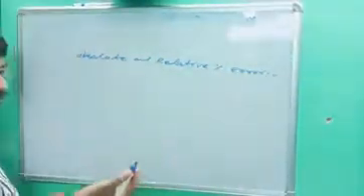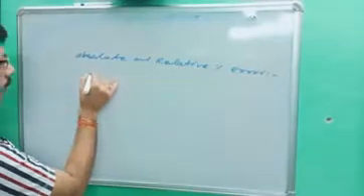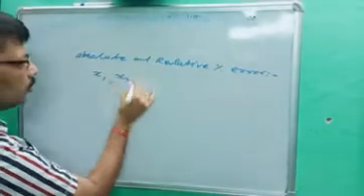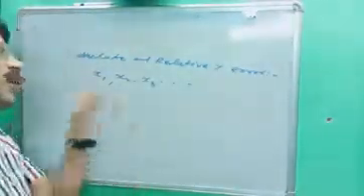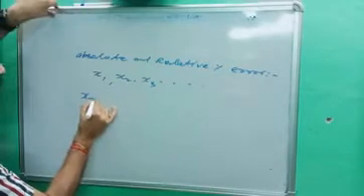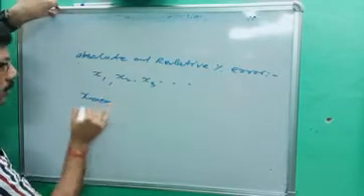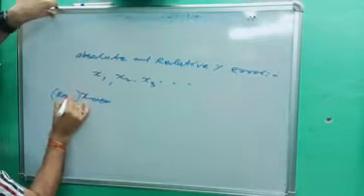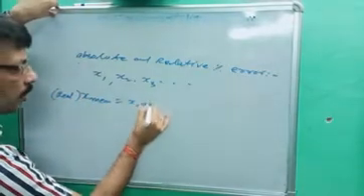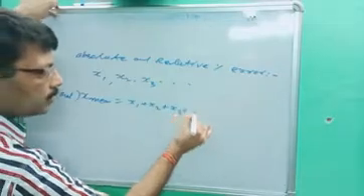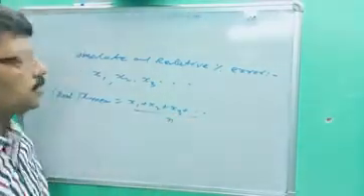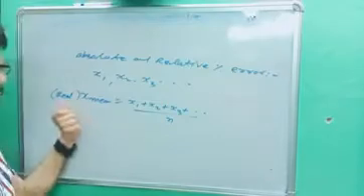Now see, suppose the observed values of students are given as x1, x2, x3, and so on. This measurement is done by some students. These values are called observed values. No value is correct or up to the mark, so first we will find the real value. X mean is equal to x1 plus x2 plus x3 plus so on, divided by n. This is called the mean value, which is also called the real value.